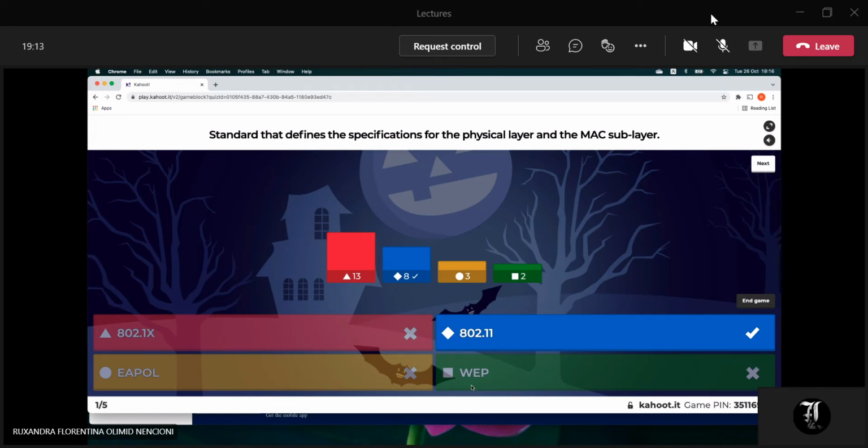Okay, WEP. Yes, but it's not. It's something. It's security. So it's not. Maybe, and it's not a standard. Also, the difference between WEP, WPA, WPA2, and everything we're studying, and standards that are even related to them, is that